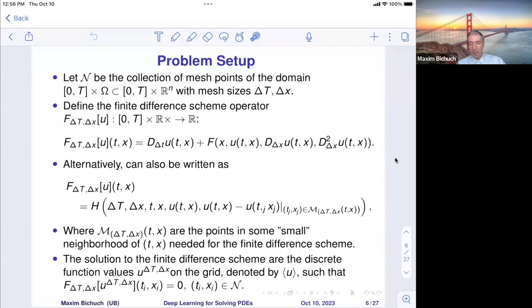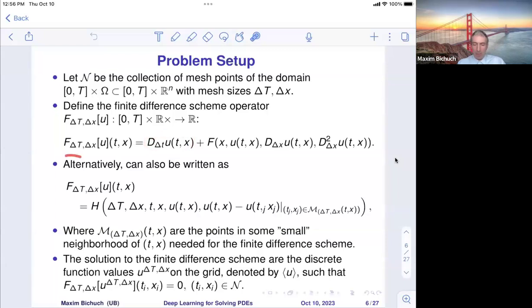All right. So here's the setup in more detail. So let's have N. This is going to be basically the mesh points of the domain. So I have my domain 0 to T cross omega, and I'll discretize it using some mesh points, a delta t, delta x grid. We'll assume that it's basically all equal. And now let me have the finite difference scheme operator, this F delta t delta x. I'm going to abuse notation. Previously, U_t was outside. I will, just for convenience, not to have it dangling, put the time derivative inside